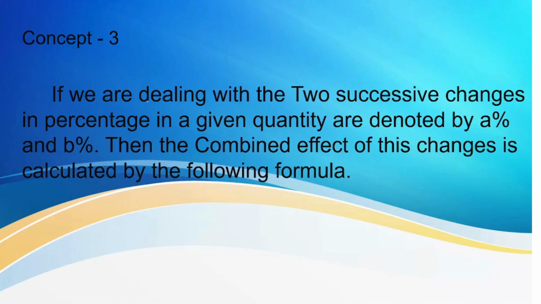I'm going to deal with the first topic here. If we are dealing with two successive changes in terms of percentage, if the first change is denoted by A and the second change is denoted by B, then after these two changes, if you want to calculate the net effect, the formula is